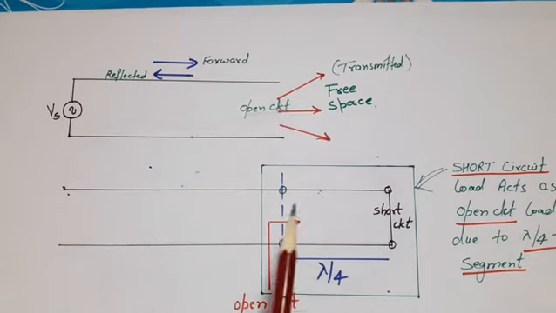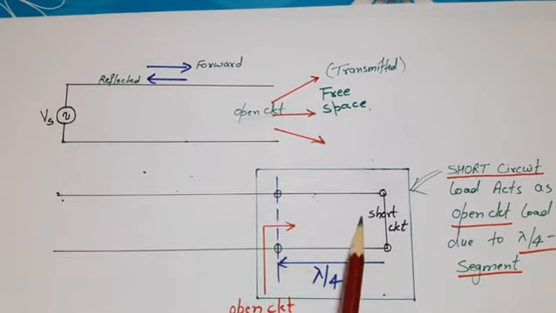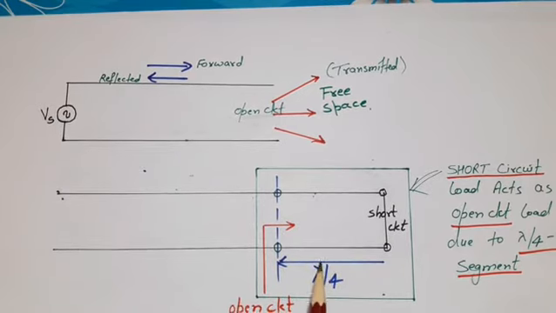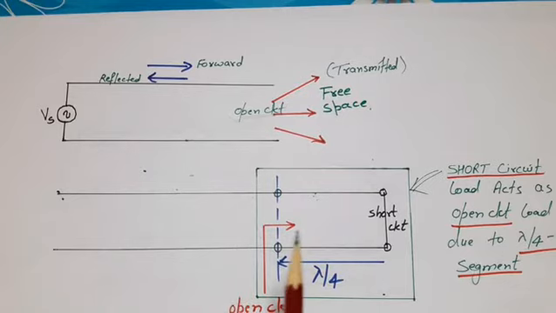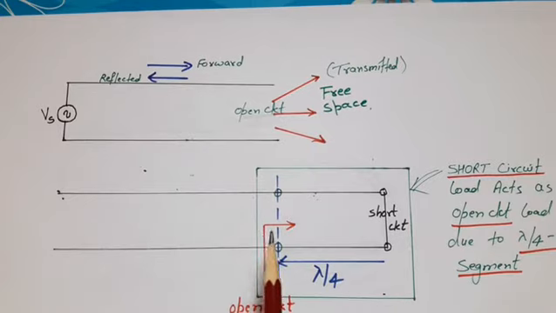Finally we can say we can manipulate a load by putting some extra transmission line with the load, and this technique can be used for impedance matching also. It means in actual practice the load is not equal to the characteristic impedance of the line, but by putting some extra transmission line we can manipulate the load and make it equal to the characteristic impedance, and therefore get perfect matching. So this is a method of getting a perfectly matched load while the actual load is not equal to the characteristic impedance, and this type of technique is known as the stub matching technique, which we will study later.